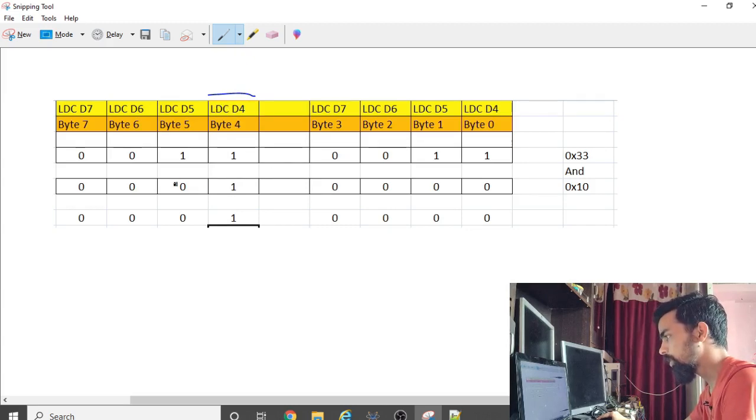Then we check D5, masking with 0x20. If the value is 0x20, then we have to send a 1 signal on the 5th bit of the LCD. This logic is applied to each and every pin, D6 and D7. Once the higher bits are executed and sent to the LCD, we apply the same logic to the lower bits. Again for the lower bits we send D4 first, then D5, D6 and D7. But in that case the masking is 0x01. So we will see the code.